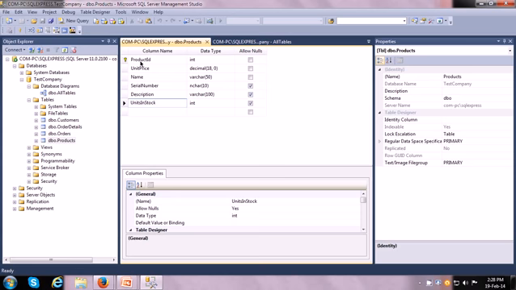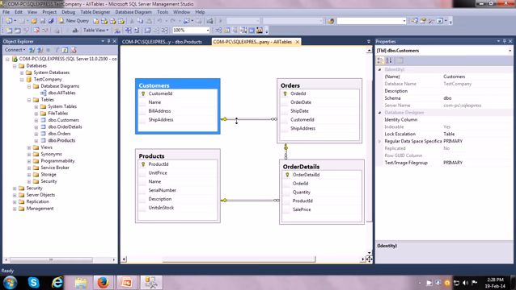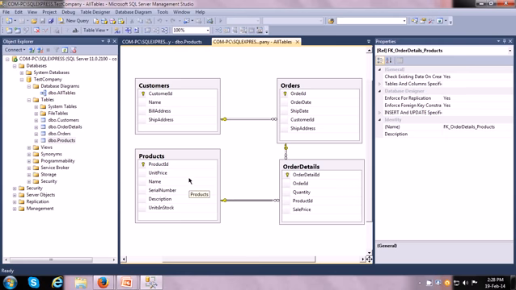the key that is in this table may be related to the key in another table. So here we can look at the diagram, and just to give you an example, in the products table we have all these columns, and here there is a relationship between the products table and the order details table. This is the relationship over here, and here we can see that this relationship is on the product ID, because product ID is the common column. It's in products also, and it's in order details table also.